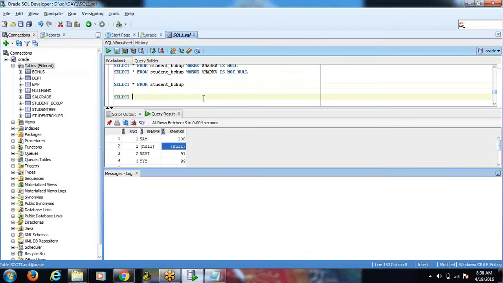Select some S number, comma S marks, or else I can display the name also: name, comma S marks. But when I am writing the S marks, I am using the function NVL. NVL of S marks, 999. That means whenever you are getting the null value in S marks, please dump the value 999. From which table are we retrieving this? From student backup.